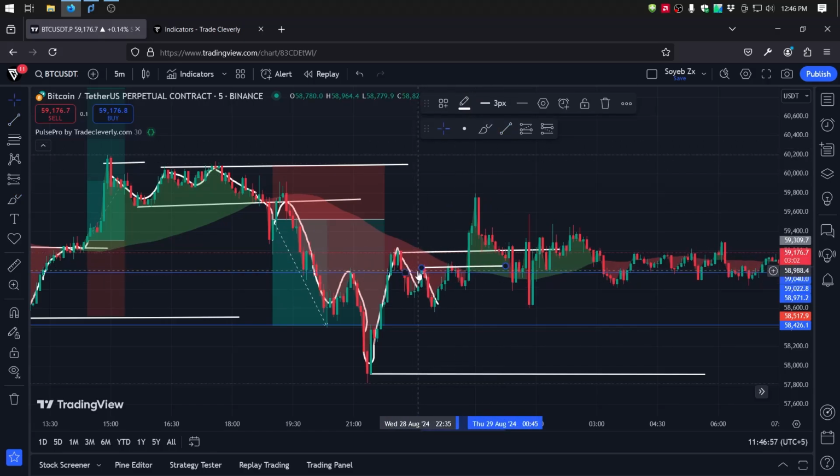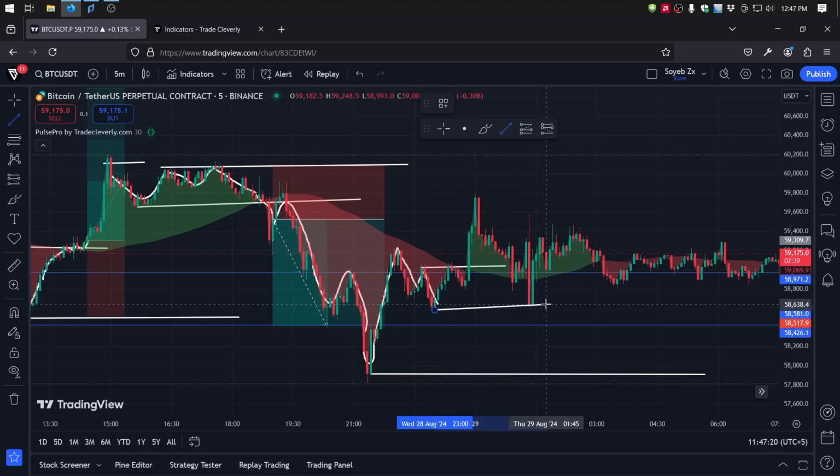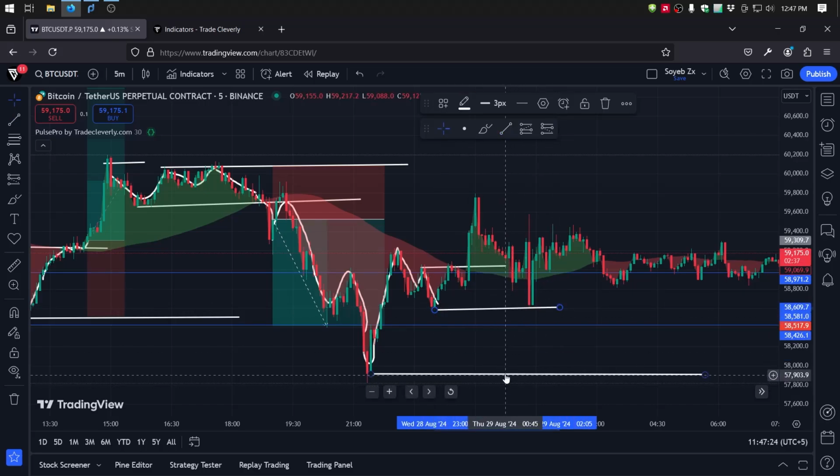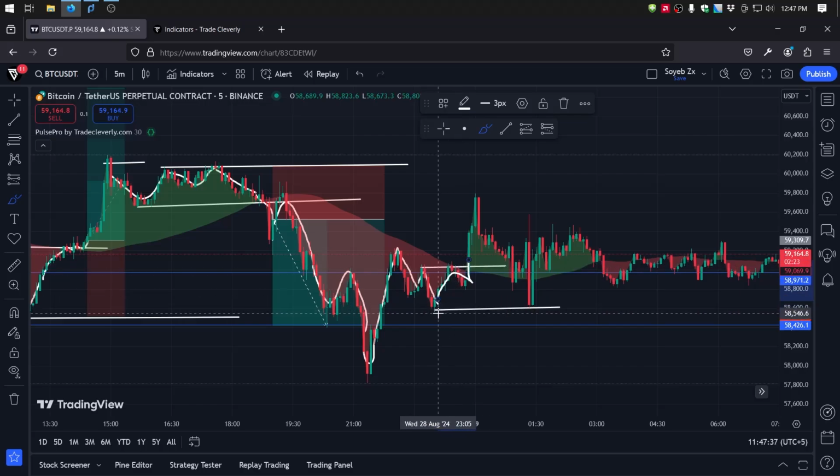And when you find a new recent swing high, you should not count the previous swing high. So I simply delete this swing high, and here you can see another recent swing low, so we avoid this swing low. And from now you can see the price is trying to break the swing high but fails, and here the price is successfully crossing the swing high, and here you can see another swing low,